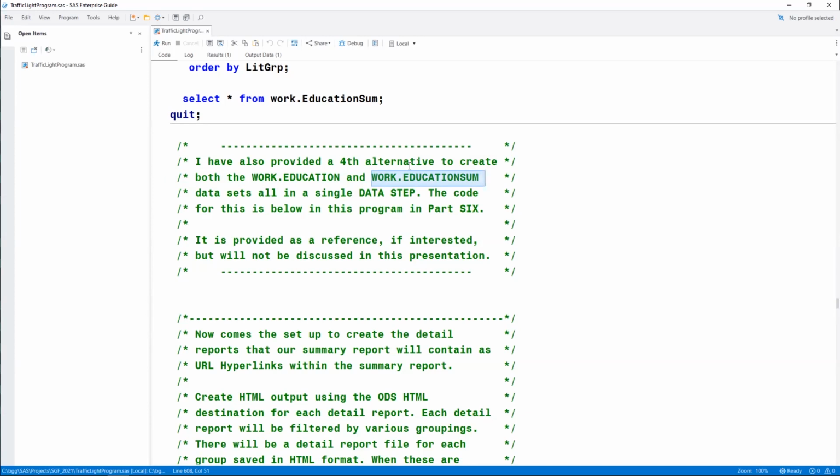It reads your data one time. It's very efficient, but it's a little more involved because you have to think through the data step logic in order to make that happen. I do have that in this program lower down, and I'm not going to review that, but it is there for you to review on your own if you choose to later.